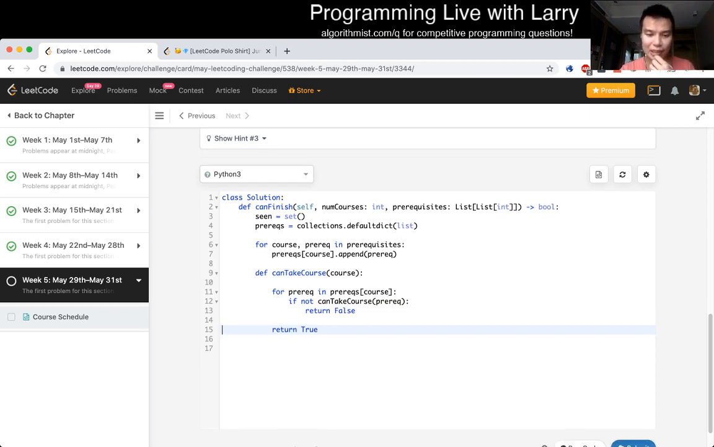Right now we have to think a little bit harder about how to do this, right? We have this seen array, and we have our set, and we have to take advantage of it, because if we just do this, we'll definitely get an infinite loop. So in order to avoid seeing the same thing twice, let's just say if the prereq is already in seen,